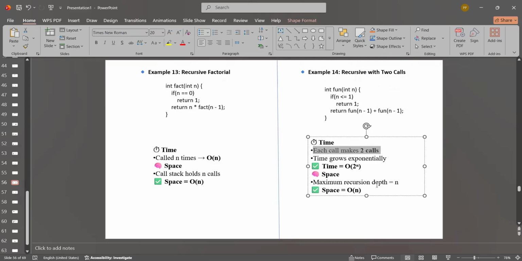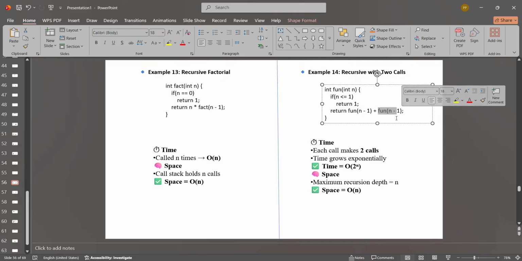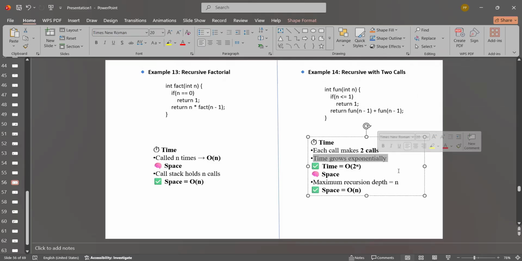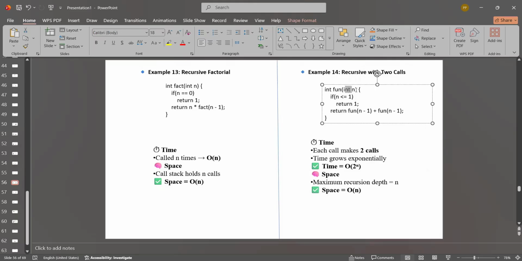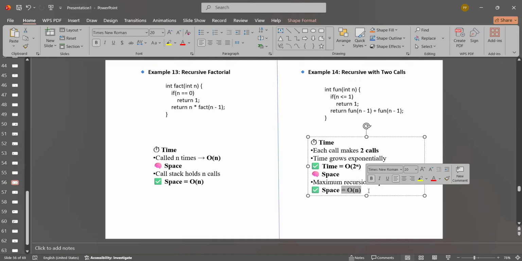Each time you call the function, it will call 2 times. Once you call the function, it makes 2 calls, 1 and 2 times you are calling, right? So as the time grows exponentially, the time complexity becomes 2 power n. Whatever the n value, it will be 2 power n. If n is 50, then 2 power 50 will be there. But your space complexity stores n times, so the space complexity becomes big O